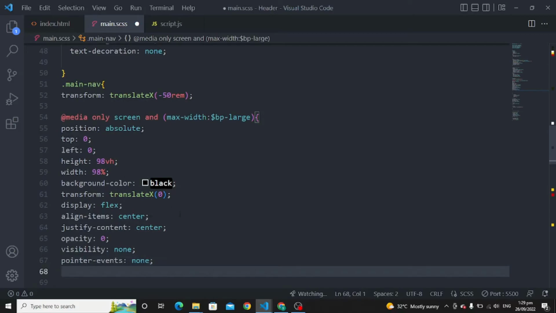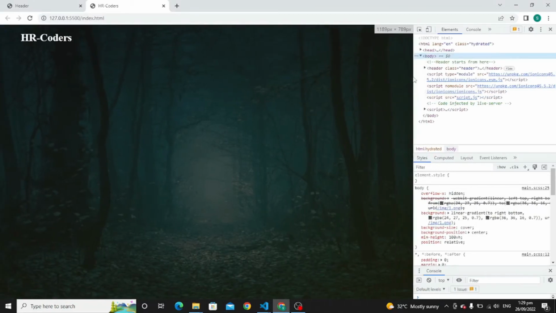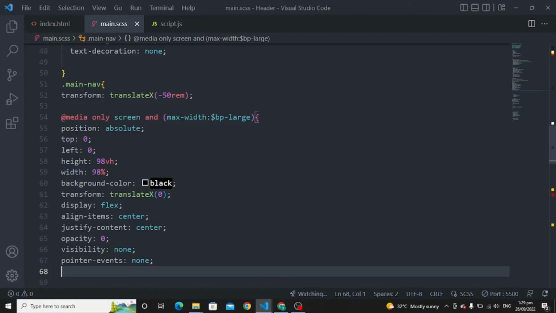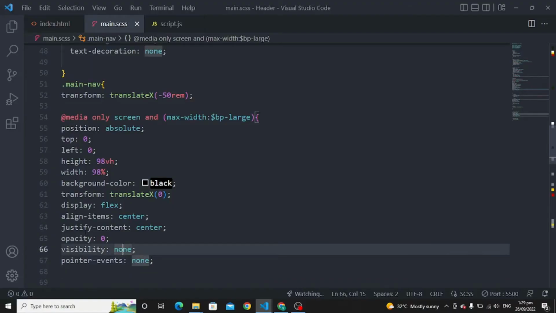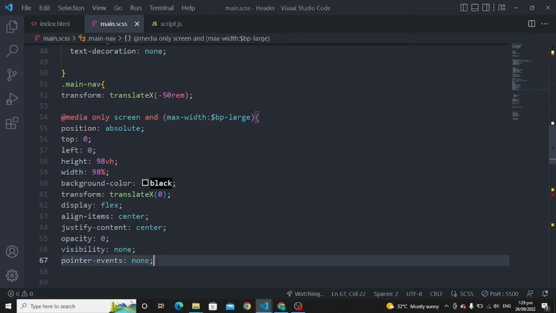We are doing all of this because we don't need to appear any of this thing here. Okay, for this we are doing this none, opacity 0, visibility to 0, pointer event to none, and